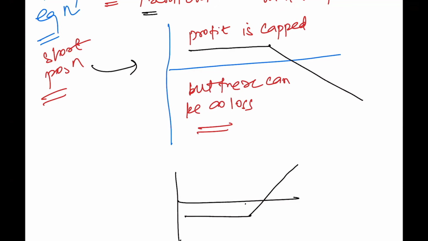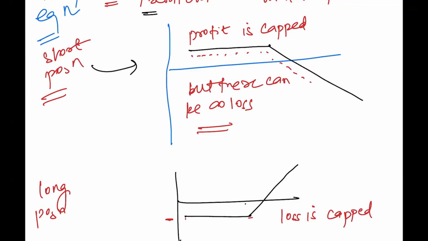And that's why a short position is very risky, because the profit that we are making is capped. We are not making unlimited profit, but the loss that we can make is unlimited. Whereas in the long position, the loss is capped. If you see, we have a constant loss, right? Loss is capped,